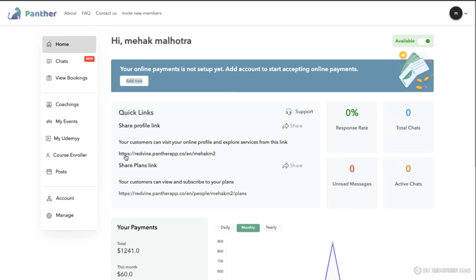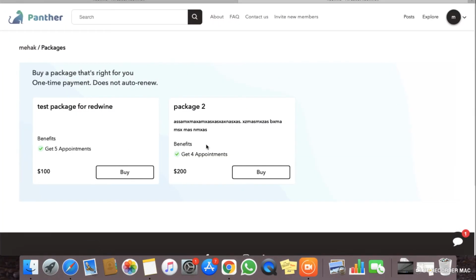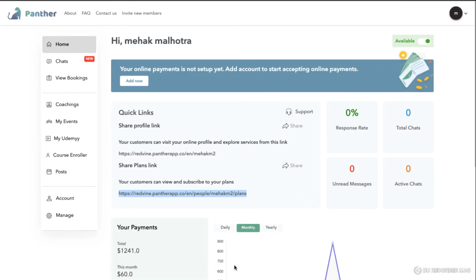This is the profile link, which is a shareable link, and you can share it with any of the customers and they will directly land on your profile. This is the link to share the packages. If you have made any, clicking on this link, the customer will directly land on your packages, and he or she can buy whichever package is suitable for them.